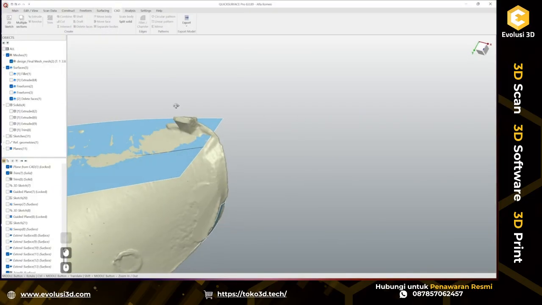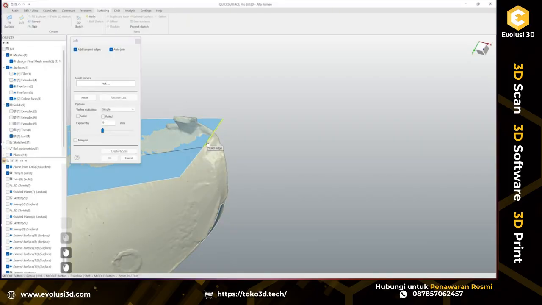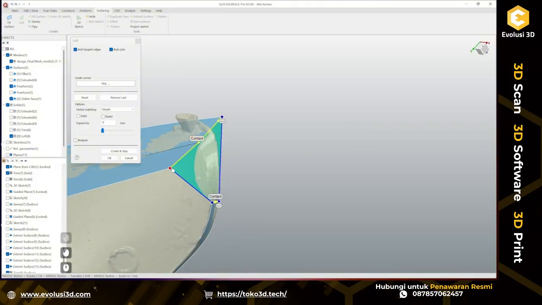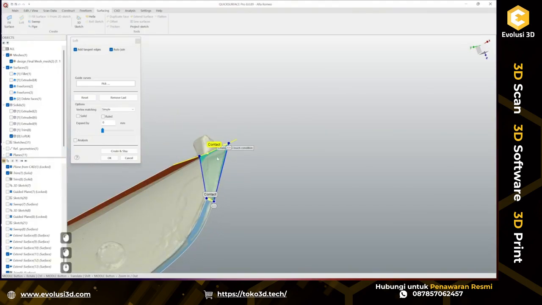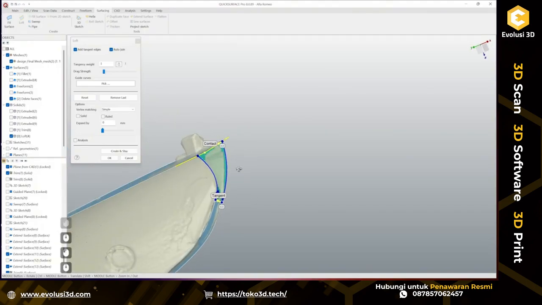Okay. And let's try to create here a loft. First, I don't need it that huge. Let's say